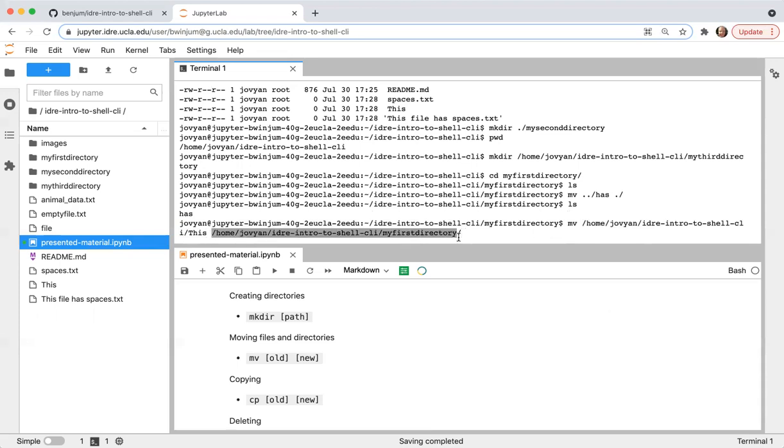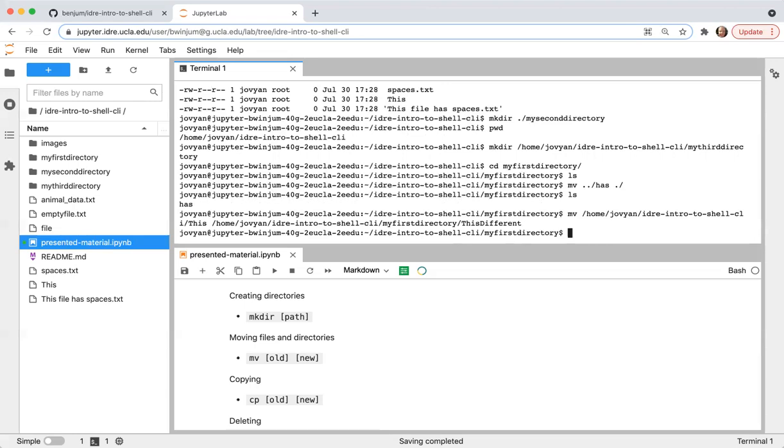And this thing here is the absolute path for the directory that I want to move it into. And you'll see here I didn't specify anything more than a location. I can explicitly say that I want to rename this when I'm moving it, just by giving it a different name.